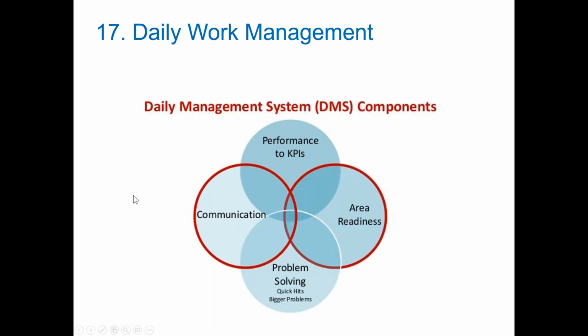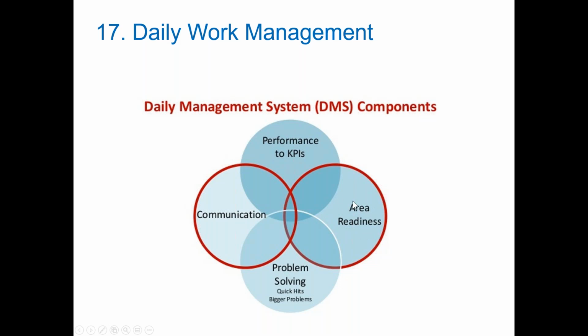And then finally, with daily work management, this is again something that I picked up out of the daily management system illustrations. Daily work management looks at what we do every day, and we want to make sure that Modular Kaizen is creating process systems, work breakdown structures, SOPs that identify and are aligned with the key performance indicators of the organization. Everything we do, and as well you know in Lean, everything we do in the day-to-day activity must align to the overall goals of the organization. Otherwise, why are we doing it? That's the whole concept of 5S. That's the concept of alignment. That's the concept of lean systems, not necessarily lean tools.